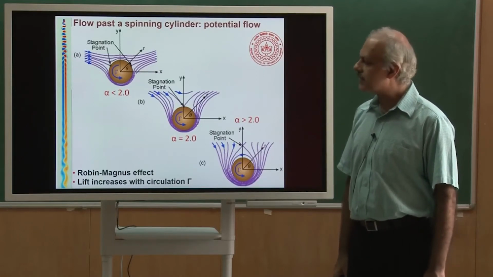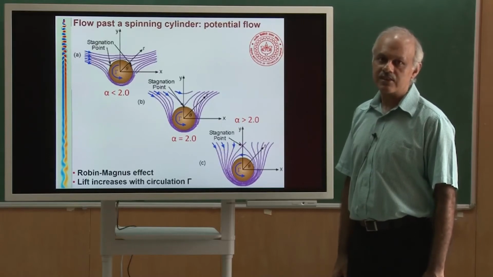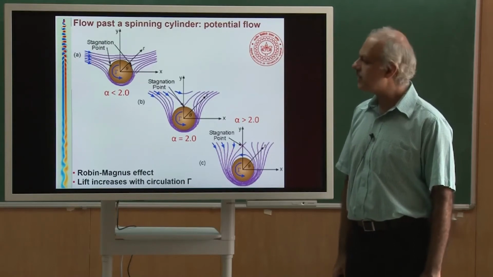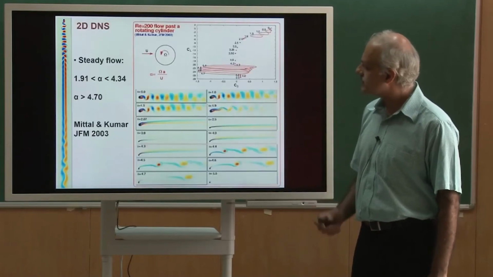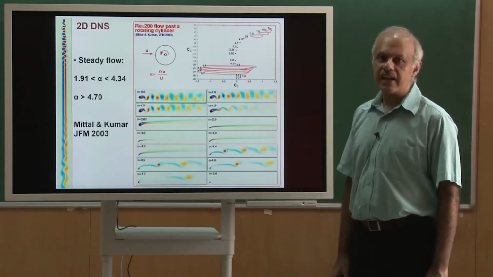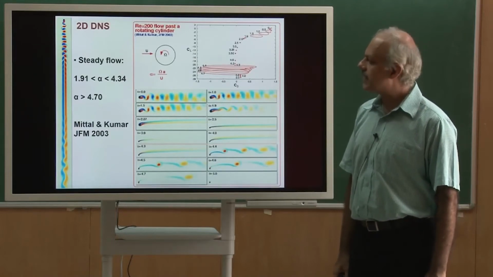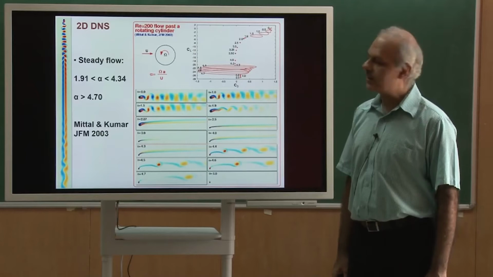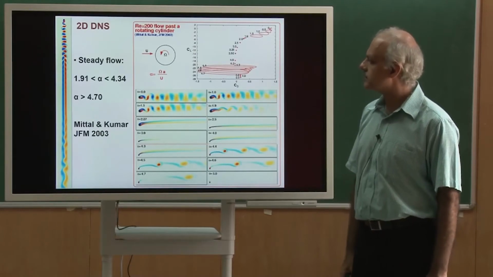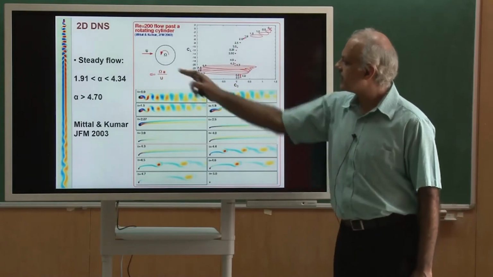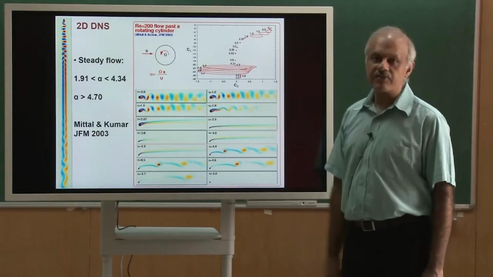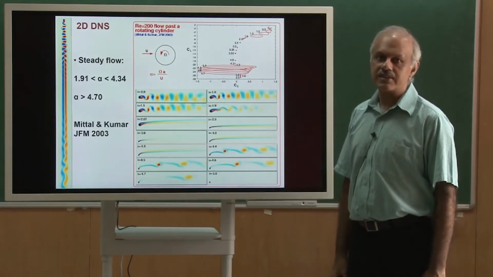Now, the question we want to ask is, what happens if you have viscosity? I am going to show you some results for a Reynolds number 200 flow. Remember, for Reynolds number 200 at alpha equal to 0, we are going to see vortex shedding, it will be an unsteady flow. So, let us look at the pictures. These are 2-dimensional direct numerical simulations by integrating the Navier-Stokes equations, okay, the complete Navier-Stokes, but in 2 dimensions. So, this is what is found. Again, alpha is the rotation rate. The first frame here is alpha equal to 0, and that is the vorticity field.